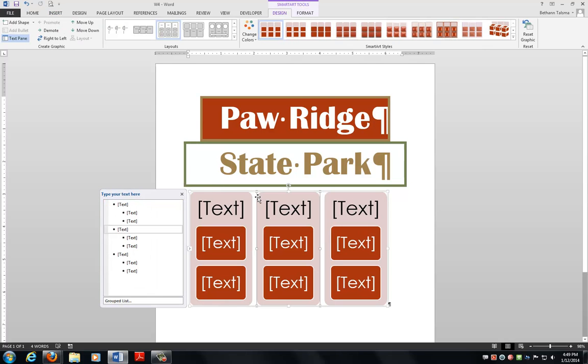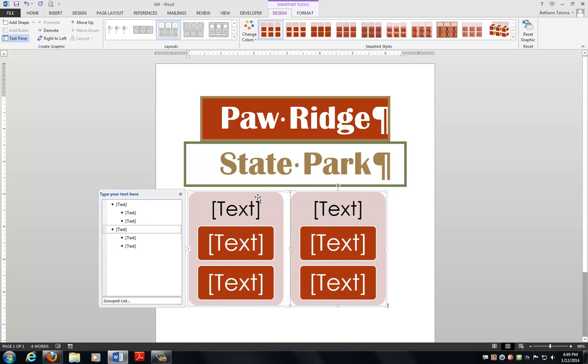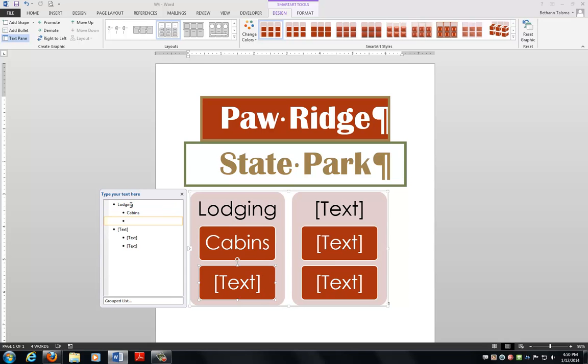So now I select the middle one. Bam. Delete, delete, delete. That's easier than selecting like the left one. It's easier to get the middle one to go away than anything else. Sometimes you have to fuss with what other people have done and created. And again, you can use the text pane or type directly into the shapes, whichever you want. The first one is lodging. Yes, make sure you spell correctly. Cabins, camp,